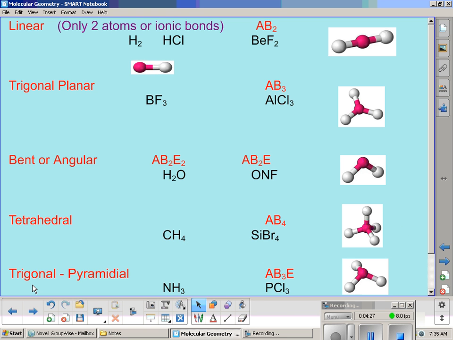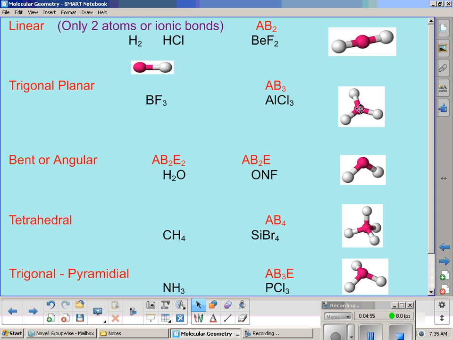Okay, and the last one we're going to talk about in this video, there are many molecular geometry shapes. I'm just going to cover a few here. Trigonal pyramidal. And our pattern here is A, central atom, B3, so three atoms bonded to it, and one pair of unbonded electrons. So you could have ammonia, NH3, or you could have PCl3, phosphorus chloride, three chlorines. And the reason it's not